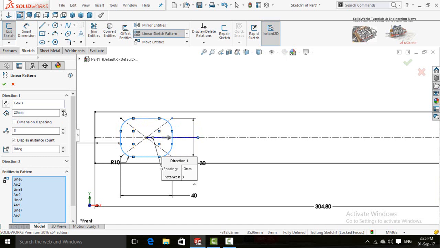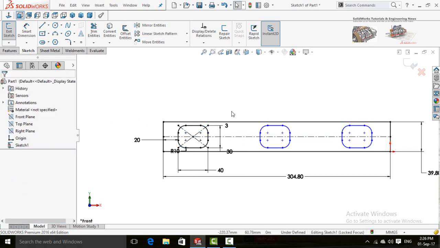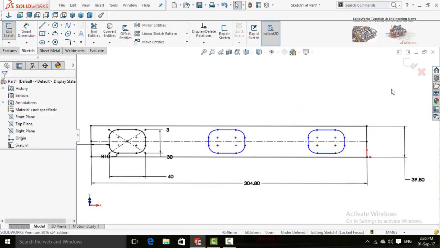Now increase the distance, 110 millimeters. Press OK button. Now save and exit from sketch.